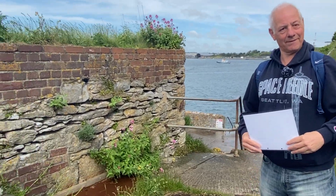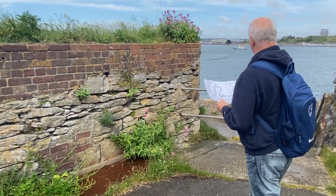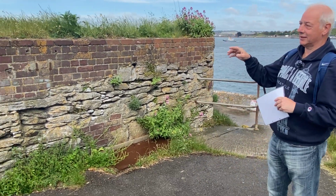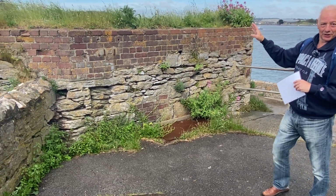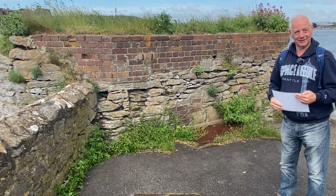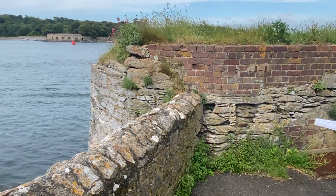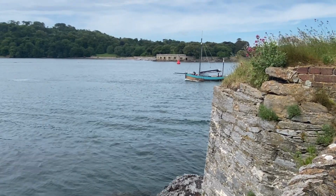So this fortification controlled Stonehouse Creek, didn't it? The entrance, yeah, towards Stonehouse Creek. And the lookout over there on Thomas Wise's house, like I said, would have been a good vantage point, because the blockhouses were on opposite sides in the Civil War. The blockhouse here was parliamentarian, Mount Edgecombe was royalist. And of course, the interesting thing is, this blockhouse would have looked out on any ships going past,